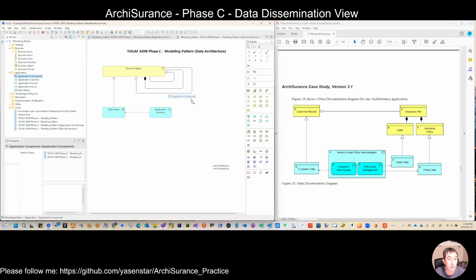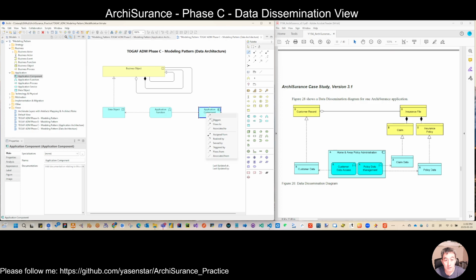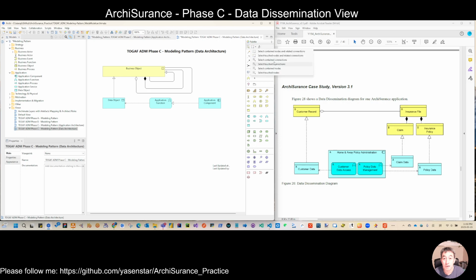And then we have the components. And for the components we use realization. So last time, let's see, it is realized by. So a component realizes the function. So that is the way it is utilized. If you can see here for this data view, we have such a modeling pattern. So let's create this and then use a label